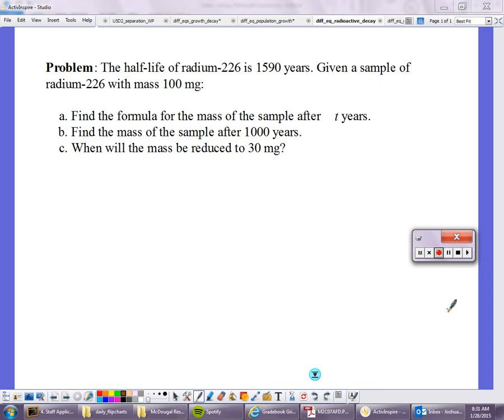Given a sample of radium-226 with mass 100 milligrams, first they're going to ask you to find the formula for the mass of the sample after t years, then find the mass of the sample after 1,000 years, and when will the mass be reduced to 30 milligrams. So let's go back a second. Half-life of the radium-226 is 1,590 years. So that means that